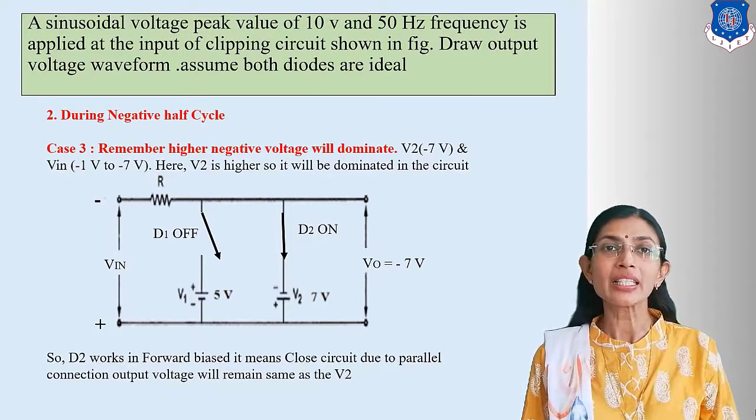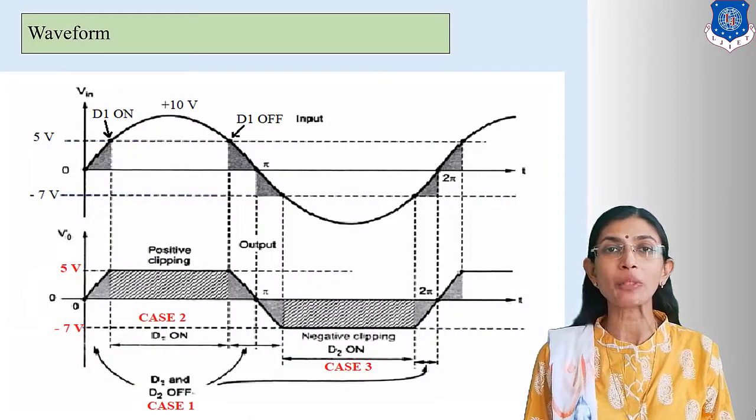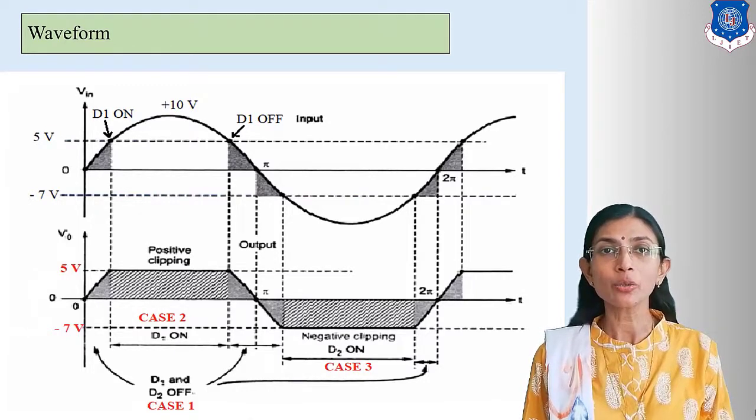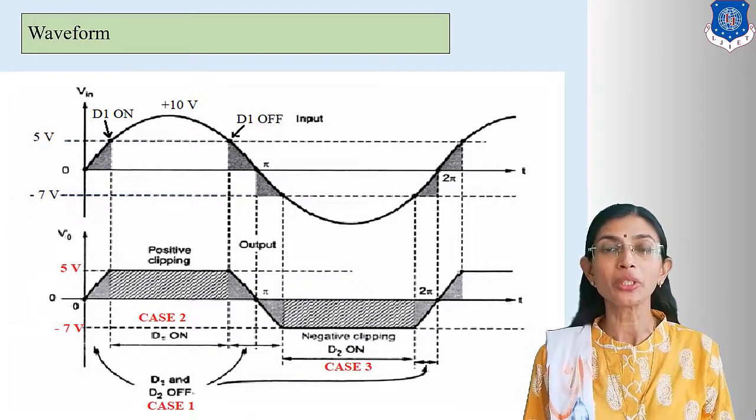So look at this. This is the waveform of the bidirectional clipper or two-way clipper. I have drawn here the input, that is a sine wave, and it will have two other inputs. What are the two other inputs? One is the plus 5 volt DC line and another is the minus 7 volt DC line below the 0 axis. According to that, again we will compare. As per the waveform of input, we will compare input with V reference 1 and V reference 2.